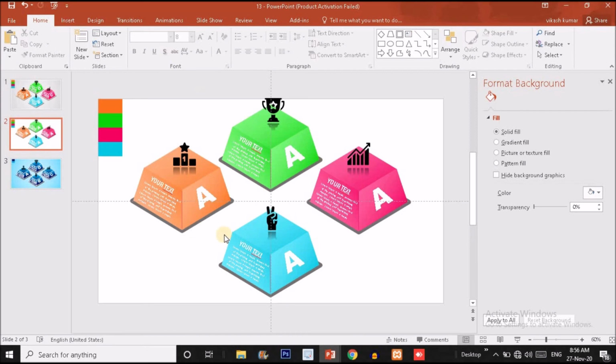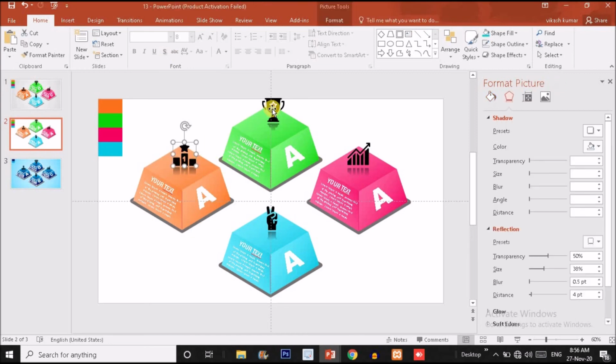Okay, now let me tell you, guys, I have downloaded these icons from flaticon.com. These are very beautiful icons. You will find all types of icons on that site, so please check out the site there, guys, and download the icons from there and use them in your project, guys. The site is very awesome.